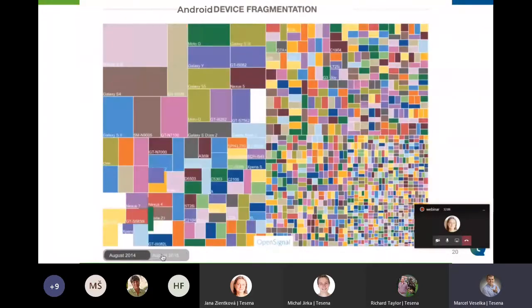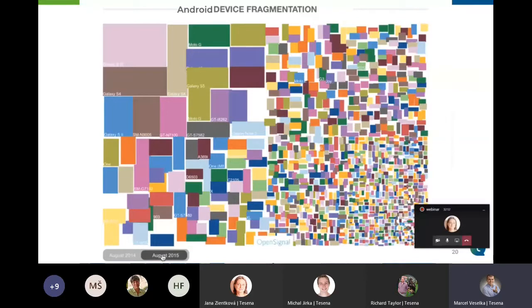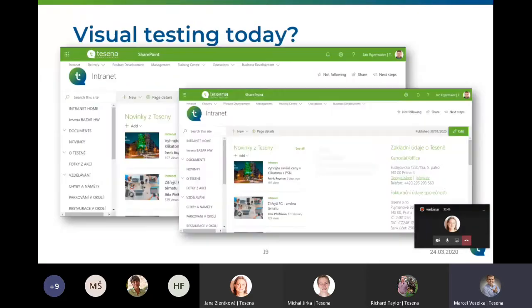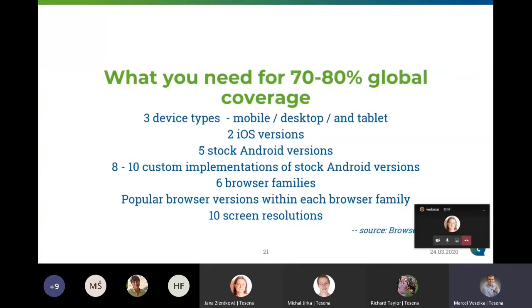And of course, there are many versions of browsers on the desktop or computers. If you go to the browsers, like some kind of survey or analytics, there is an article showing the current market share of individual browsers, resolutions, operating systems, and also device types. And you might see that if you would like to cover this, it's not easy, because to cover 70 to 80% of global devices, or to achieve the 70 to 80% global coverage,